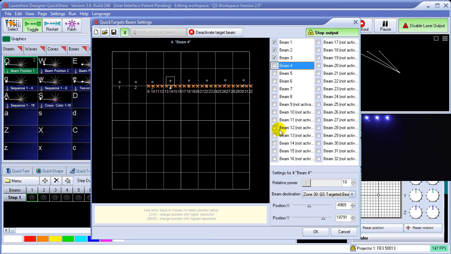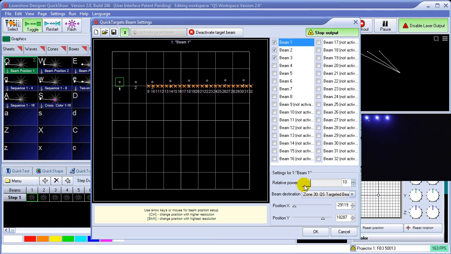and then just before you leave here, once all of the beams are really targeting mirrors and targeting locations, you could select each one and then increase the relative power. You do this after they are aligned properly with the mirrors, and once everything is in a safe situation. You always would use the lowest power during the alignment procedure, and then once everything is aligned, you can increase